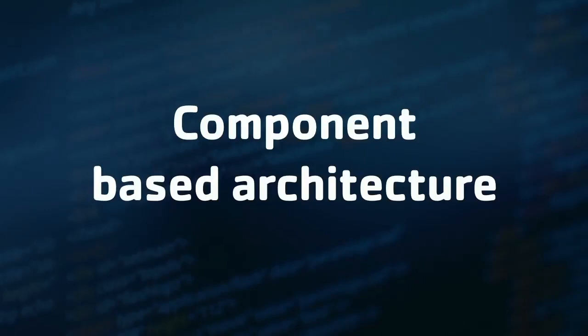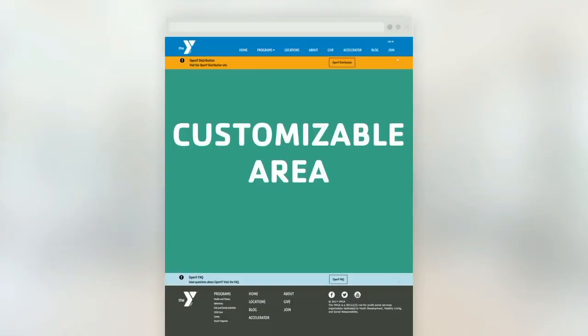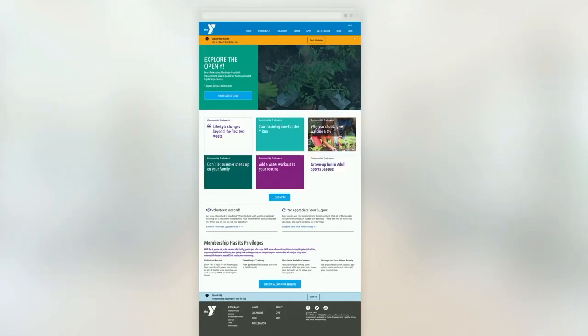So we are using the same approach. If we take a look at the basic page that we see on all websites on the internet, we have some general elements. We have a header, we have a footer, and content editors treat the area between header and footer as the customizable area. They want to play with layouts. They want to place different components in different regions of the layout. So they should have full control of this customizable area.